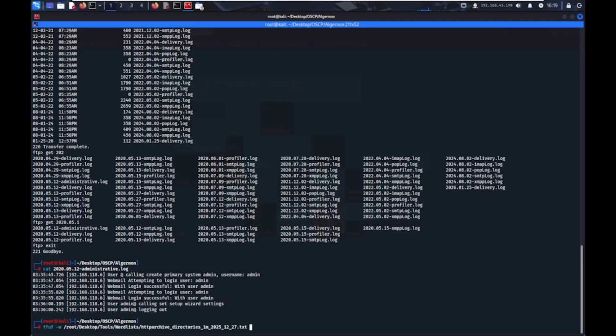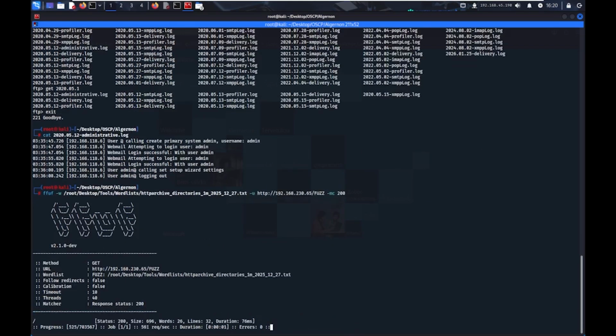And directory. I use this word list from Assetnote. So we're going to specify our URL, put our fuzzing point, and always go -mc 200, meaning match status code 200. So only give me status codes that have 200 in them. I'm going to go ahead and hit enter and see what we get. So we got a root path,